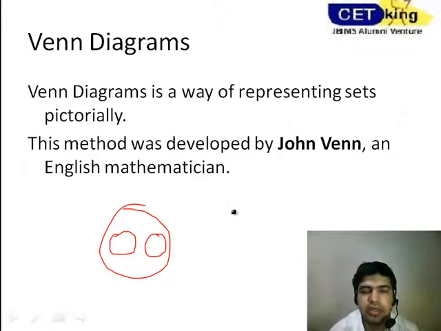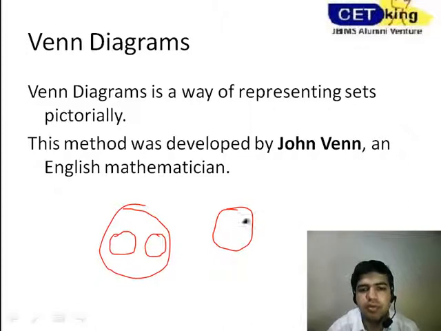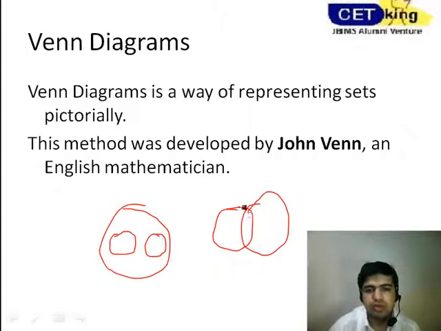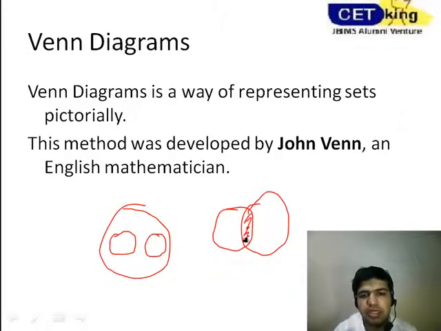So let's take up another example. Let's consider the example doctor and women. There are a few doctors, and it is not necessary that all the doctors are women or all the women are doctors. So here we'll have some overlapping part. The overlapping region is where the women who are doctors will fall, this is the region where the other doctors, that are men doctors, will fall, and this is the region where all the women who are not doctors will fall.